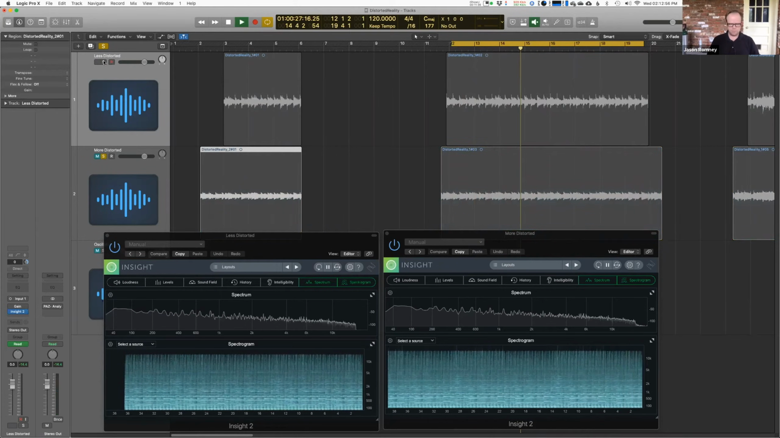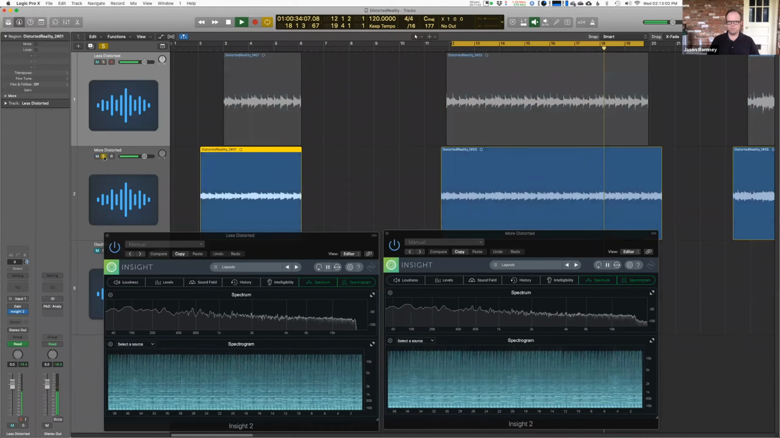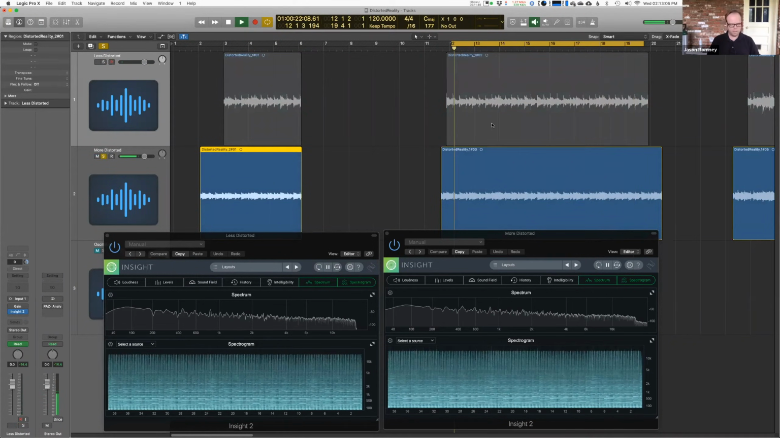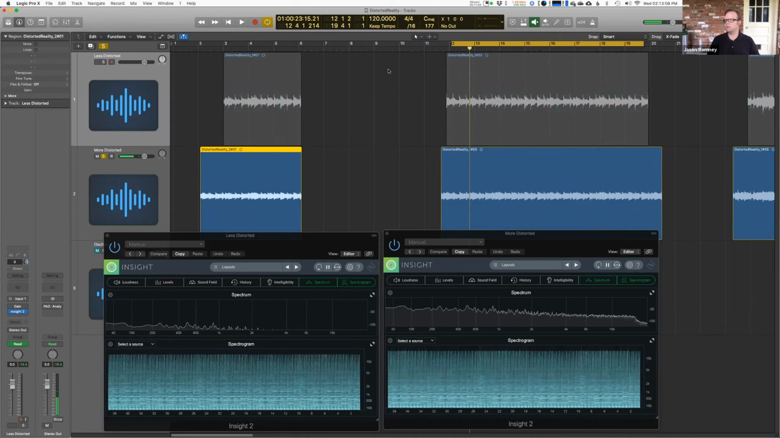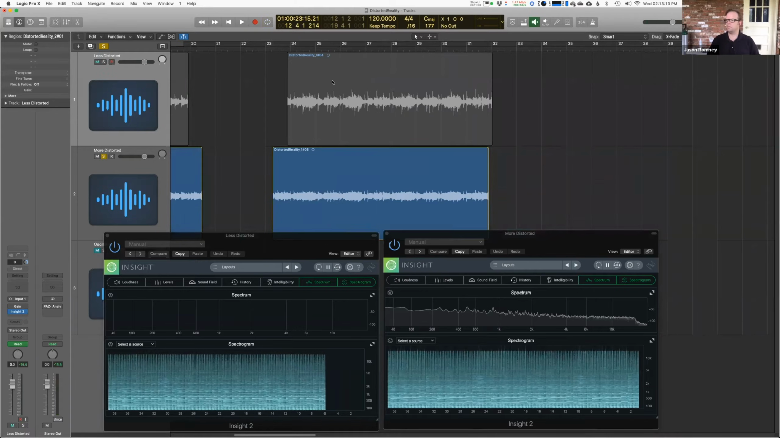So let's just A/B these again for a second. Less distorted, more distorted. Okay, so hopefully you can hear that high frequency harmonic stuff going on. Now here, this would be like stage 3 of a level 1